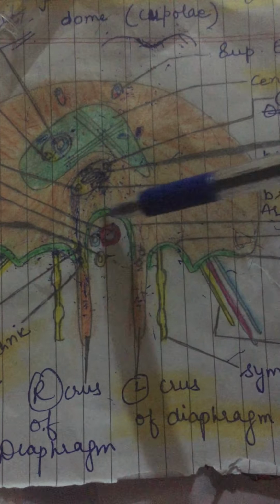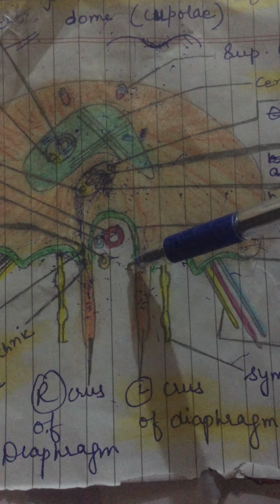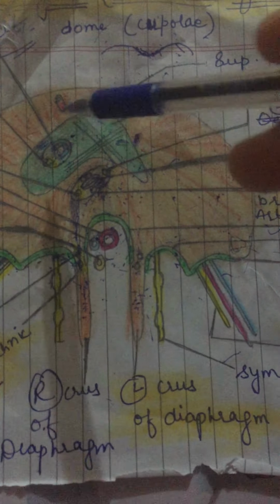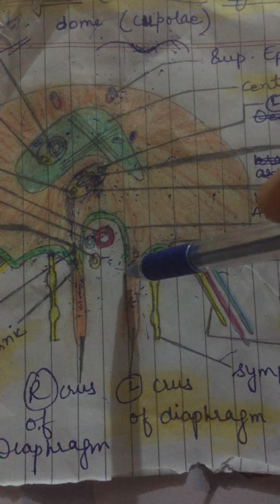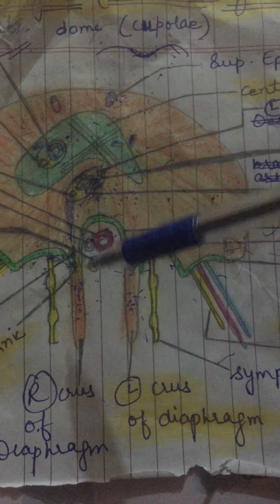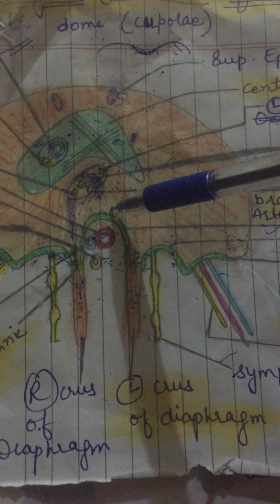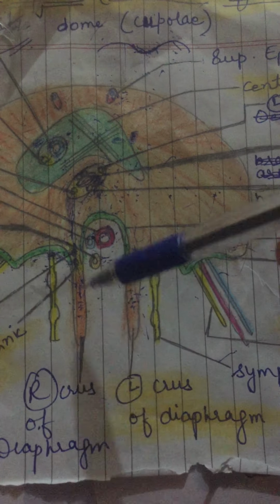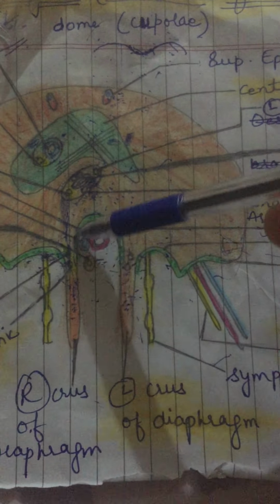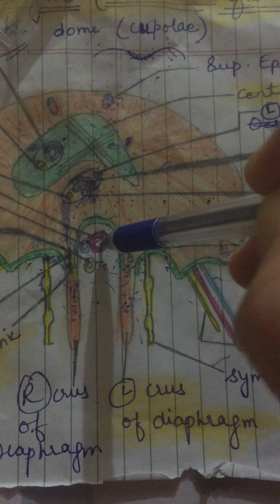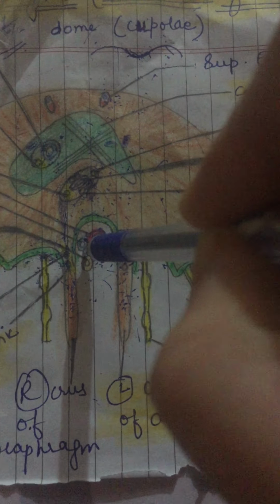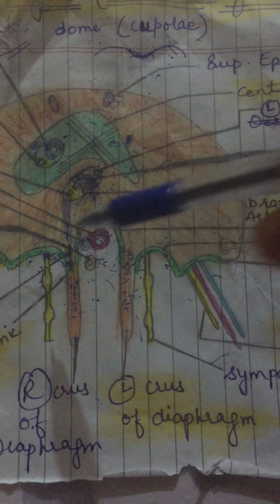Now come to the aortic opening. It is situated behind the diaphragm, right? It is also osteoaponeurotic, at the level of the 12th thoracic vertebra: 8, 10, 12, right? It is slightly towards the left side. It is rounded. In front we have the median arcuate ligament, behind we have the body of thoracic vertebra 12, and on each side we have the right and left crus, right? Structures passing through this opening are the aorta, the thoracic duct, and the azygos vein, right? The azygos vein, which means lumbar azygos arises from here, right?